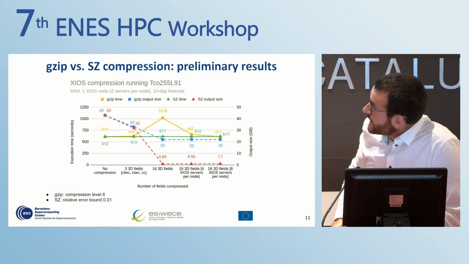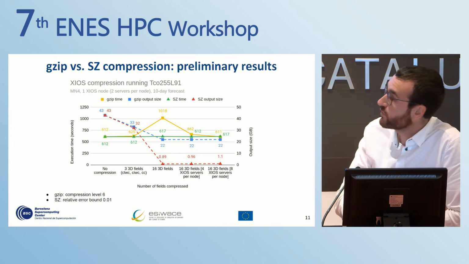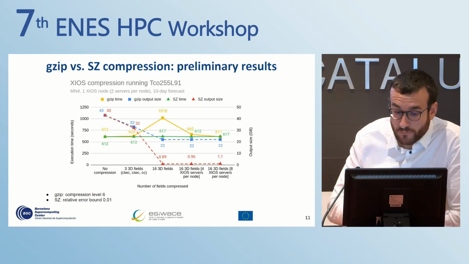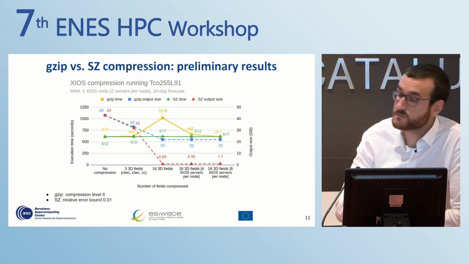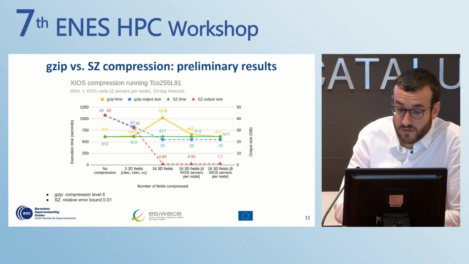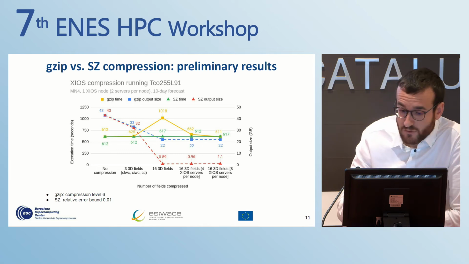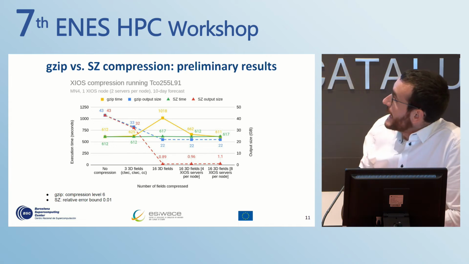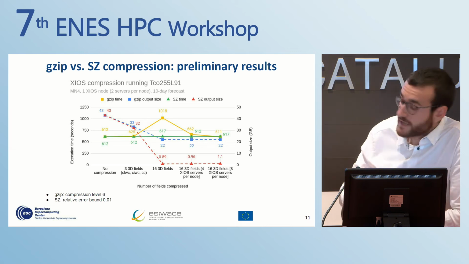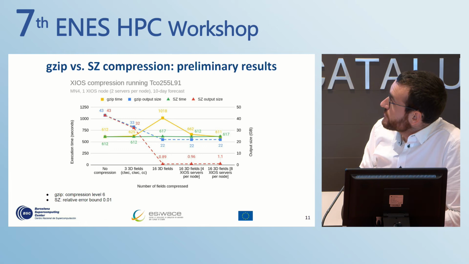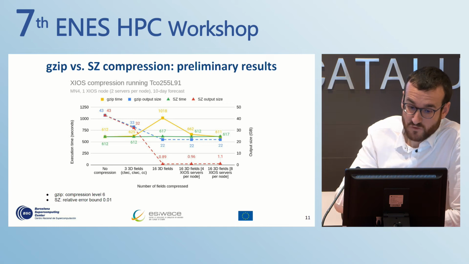In this case, we can see that, if we only compress, this is using a TCO255 configuration, a small one. And, if we compress just these 3D fields, which are very compressible, the compression ratio between both algorithms is more or less the same. And the execution time doesn't increase for neither of them. But if we try to compress 16 3D fields, the compression ratio of the gzip is not very good, as we saw before. But in particular for EZ, the ratio of compression is very high because we go from the no compression scenario, which is 43 gigabytes, to